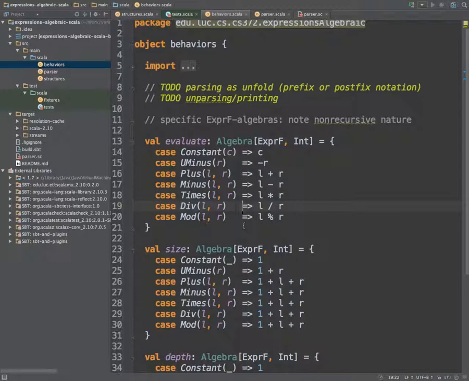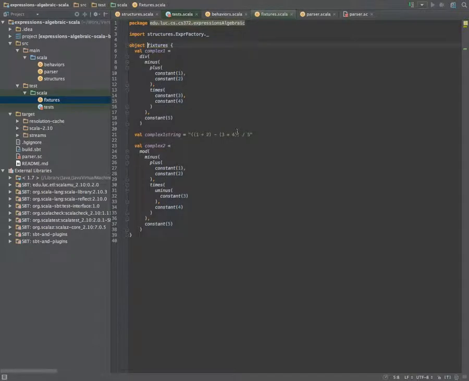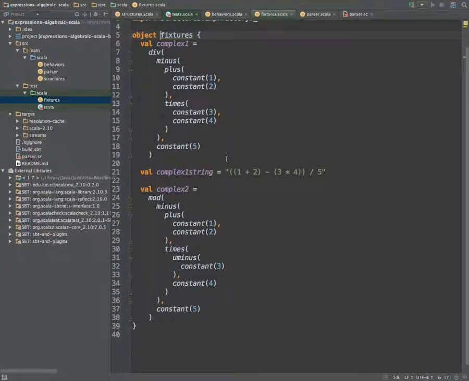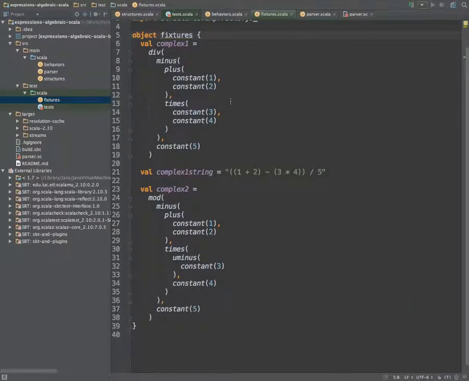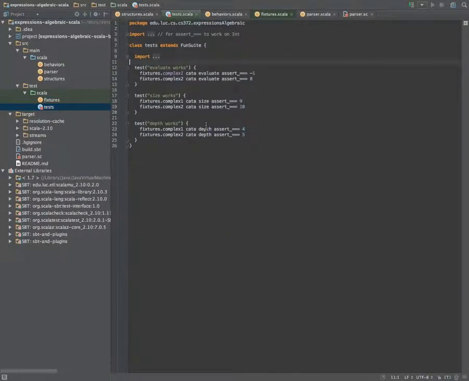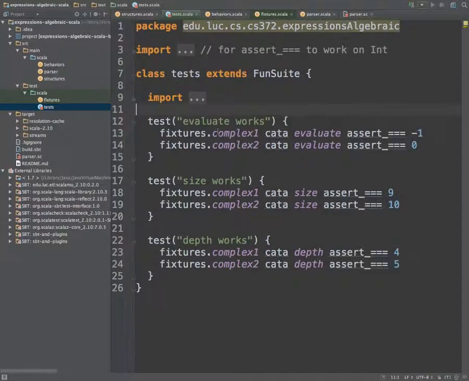So any question about the behaviors? Right now it should be pretty straightforward. I'm working on that parser, so let's not worry about that now. The fixtures, anyway, if you define these factory methods so that they match the definition of your original fixtures, they should still work. They should not require a change. And then the tests, right? So this is where now I take a behavior such as evaluate or size, and with the kata, I apply it